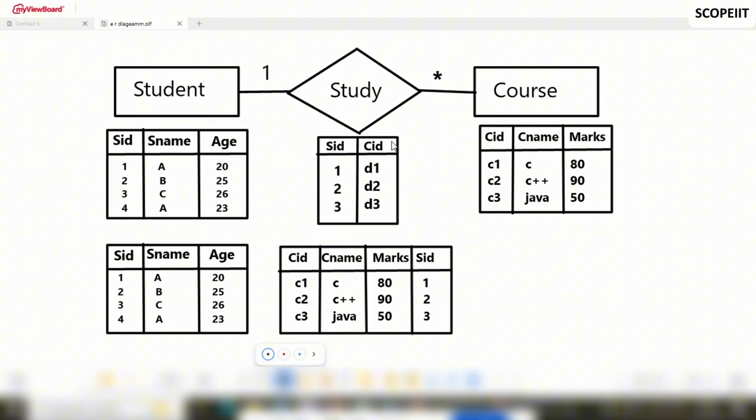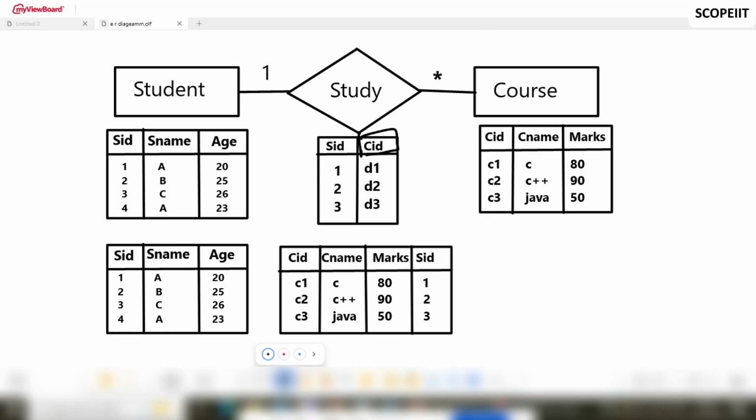So here it's not that anyone can be the primary key, because it is a one to many relationship. So in a one to many relationship, the many side is always the primary key. You cannot make SID a primary key over here. So in this type of situation, CID will be your primary key. So as CID is your primary key, that means your SID will go on which side?